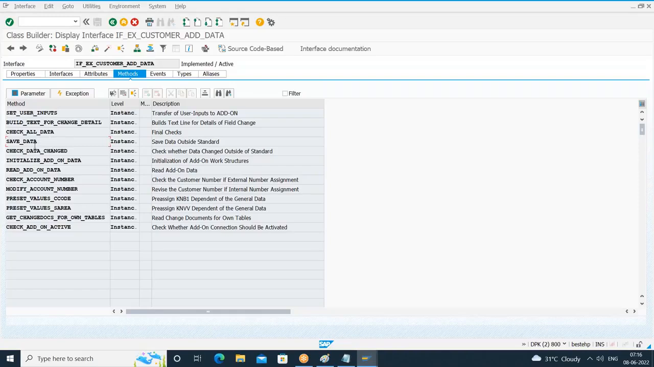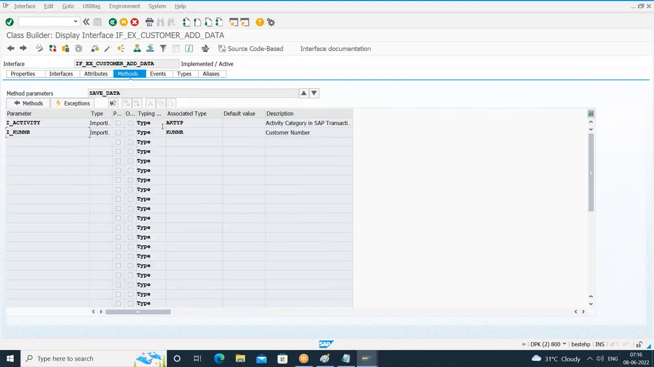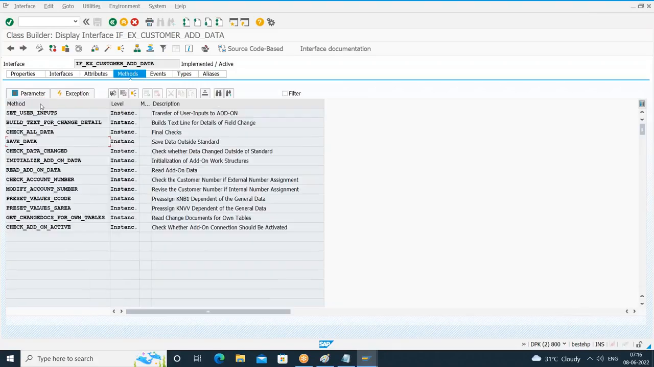Let me check the signature of this. If I go to parameters, we have two parameters. You can see one is of type AKTYP, it seems, another is of type KUNNR. Okay, but our validation fields are what? LAND1 and BRSCH. Do we have any parameter which is carrying those fields? No. So again, this is not appropriate for our requirement. Am I clear? Like this, I need to check the documentation of each and every method, analyze the signature, and